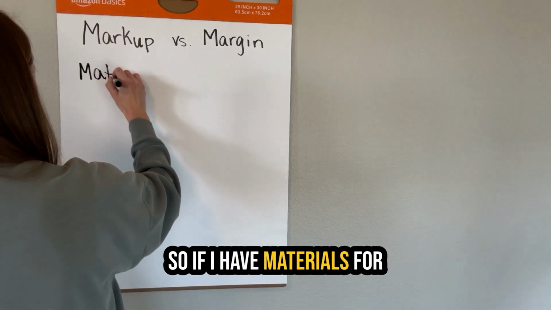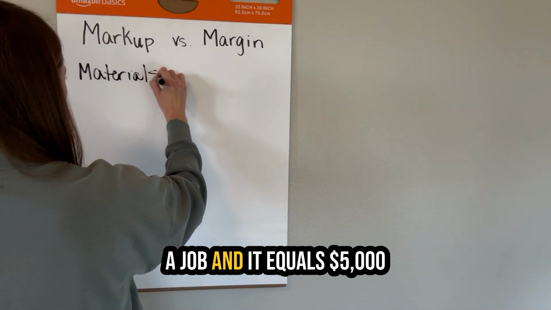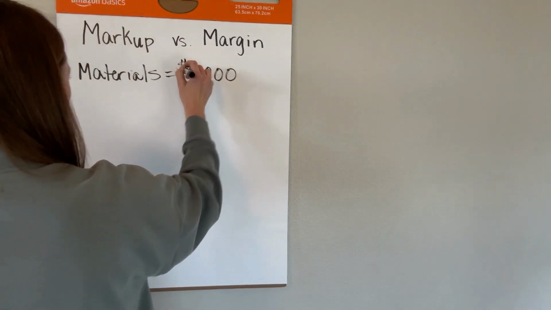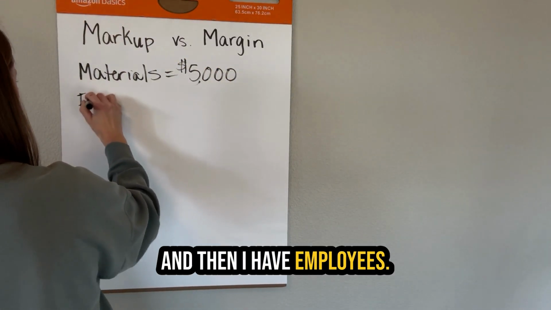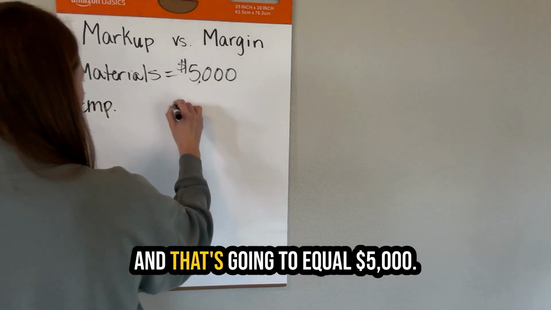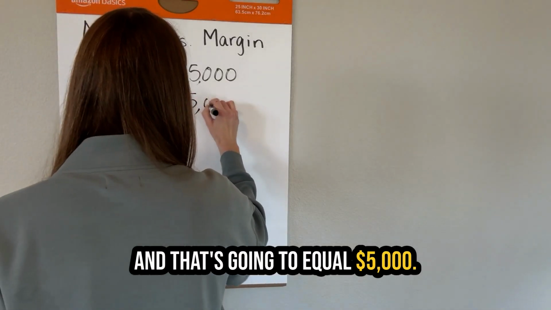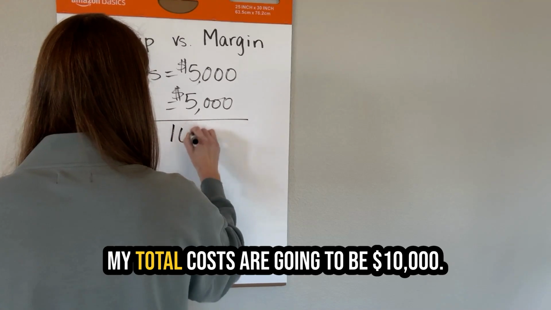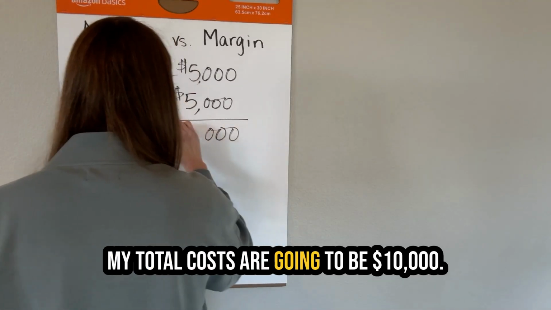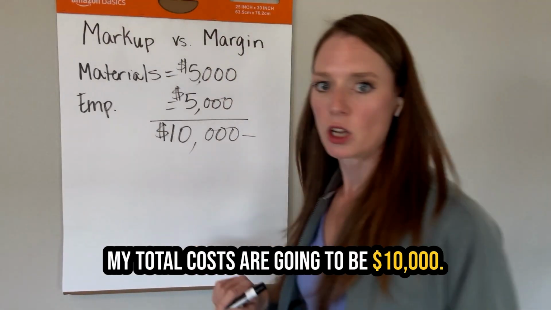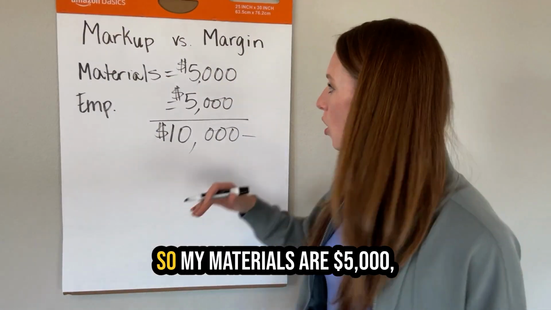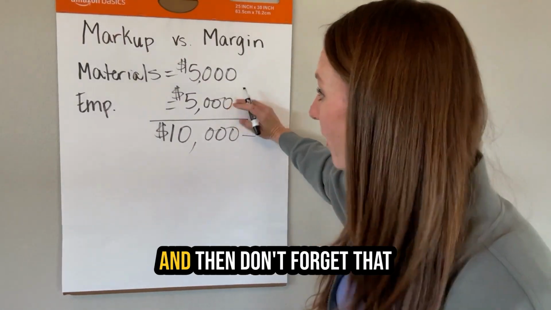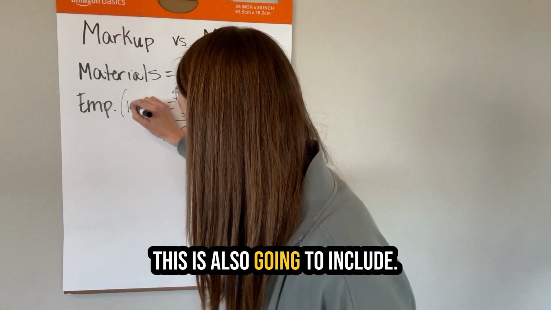So if I have materials for a job and it equals $5,000, and then I have employees and that's going to equal $5,000, my total costs are going to be $10,000. Is everyone with me here? So my materials are $5,000, my employees are $5,000, and then don't forget that this is also going to include